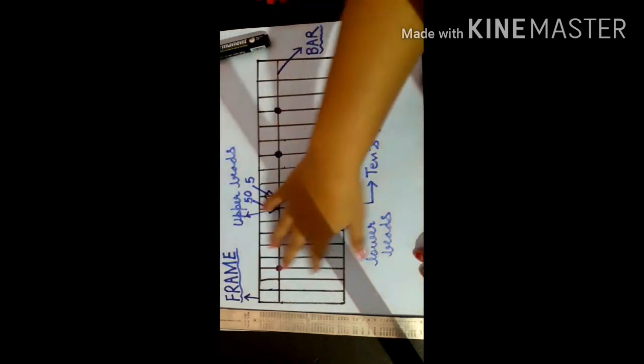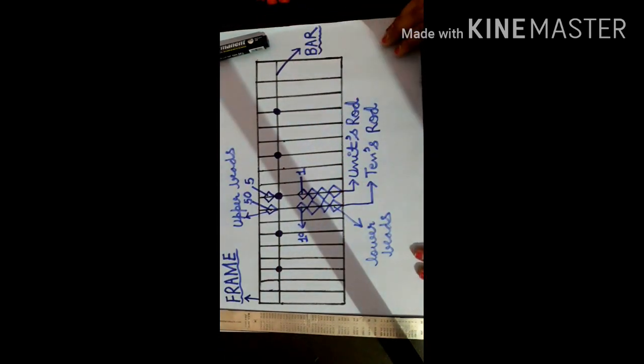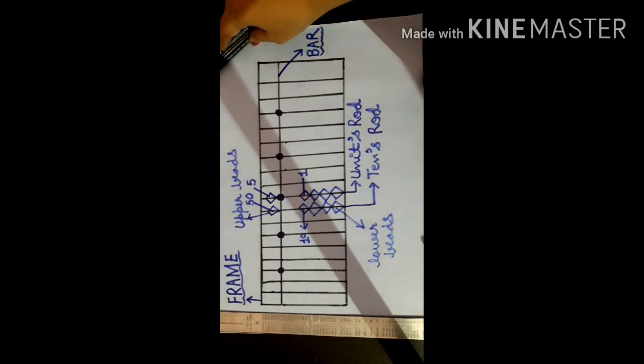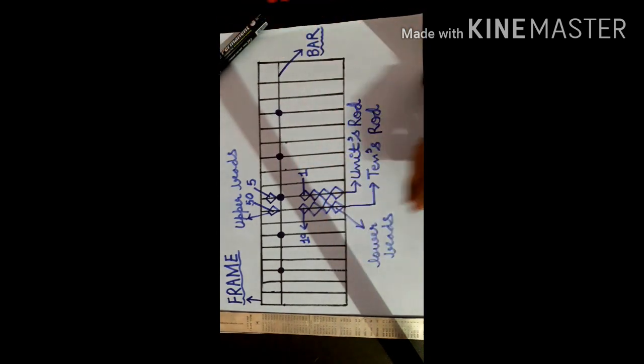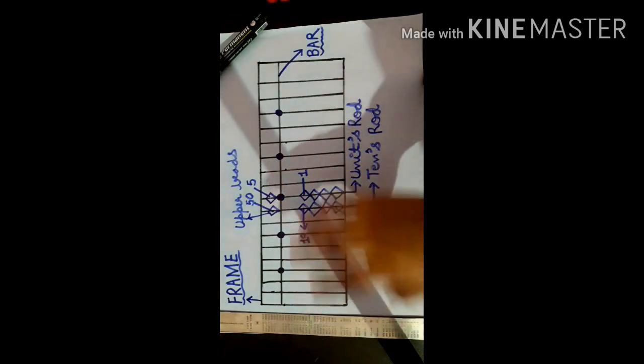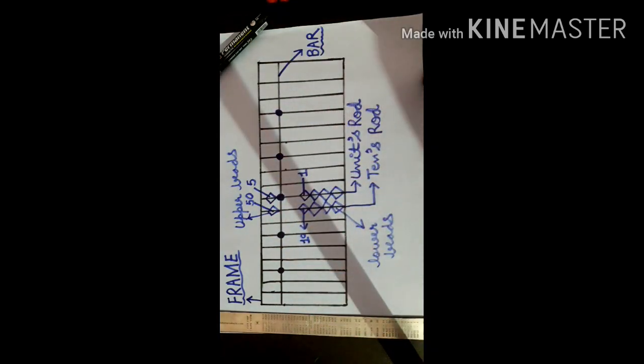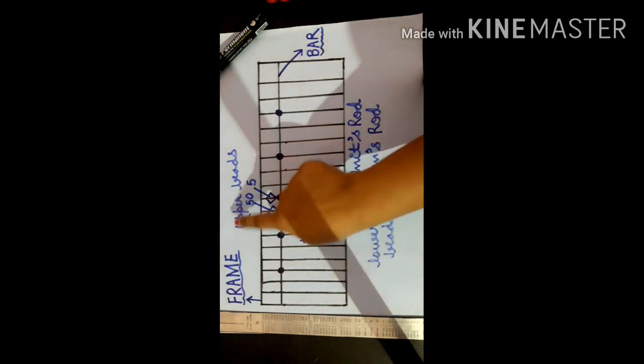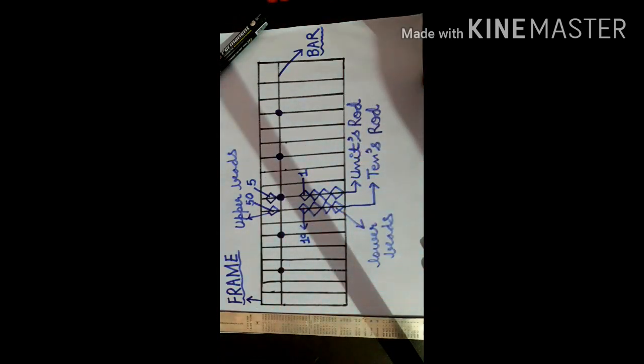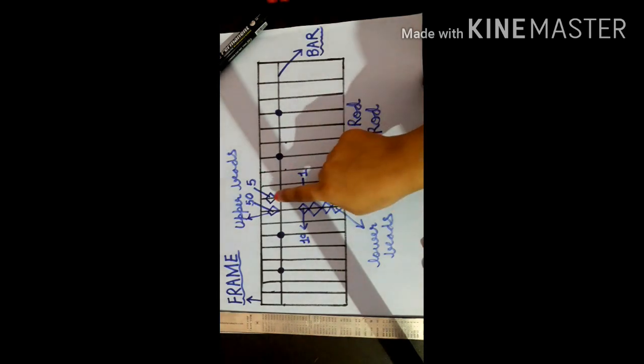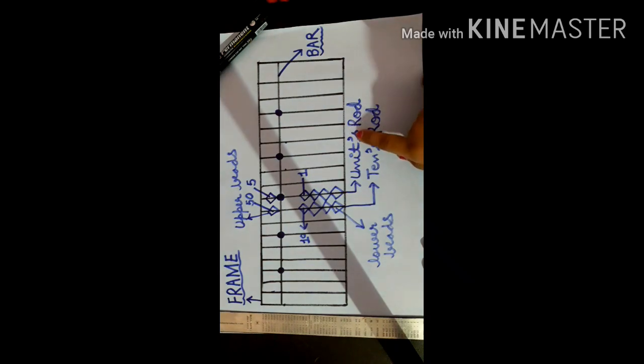Students, you have to make this abacus tool in your abacus notebook. Again I am saying you can draw with me also: put the video in front of you and as I am drawing one by one, you can draw with me. It will be very easy for you. You just have to learn the frame, which is the outer part of the abacus tool, the bar, and that the mid dot rod is called the units rod. And just beside the units rod, उसके just किनारे में होती है आपकी tens rod.